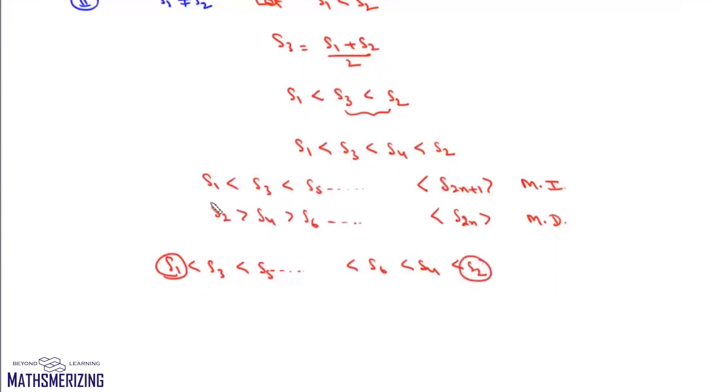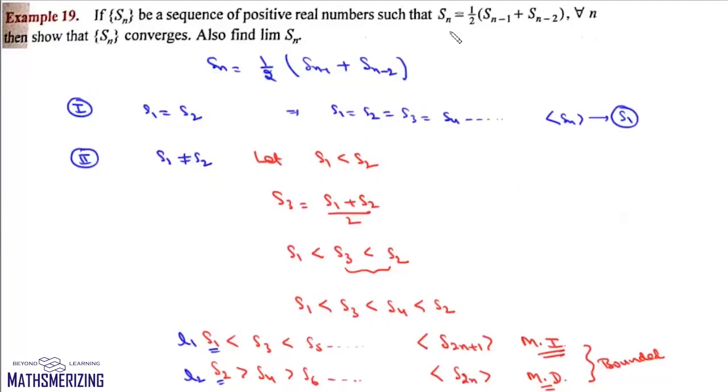So both these subsequences are monotonic, and they are bounded. Now since these two subsequences are monotonic and bounded, both of them will converge. Now suppose this first subsequence converges to this limit L1, and this second subsequence converges to this limit L2. So if n is odd, then we can write